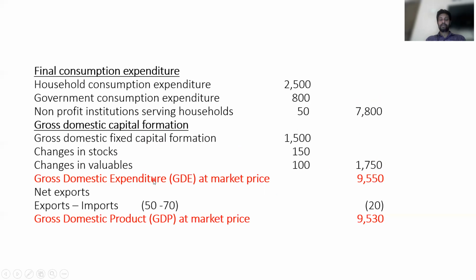Gross domestic expenditure, GDE, we add these two together. Then to GDE, net export should be added. Right now, imports are greater than exports. As a result, it is subtracted. Then 9,530. See, now GDP is lower than the GDE. It happens when there are higher imports than exported goods. After this one,